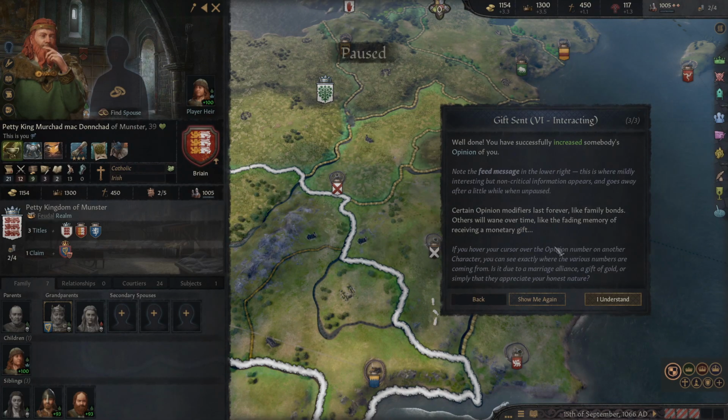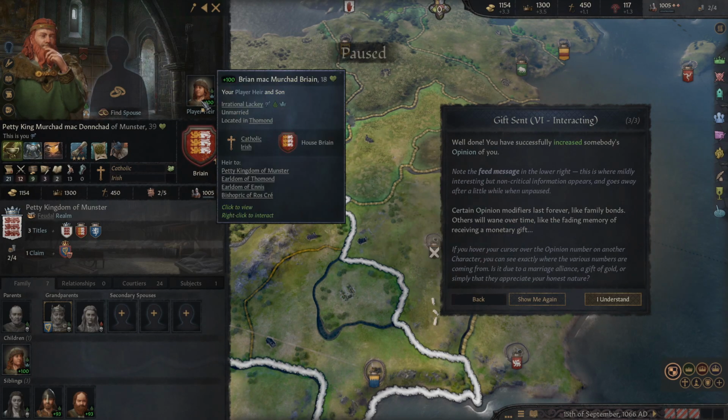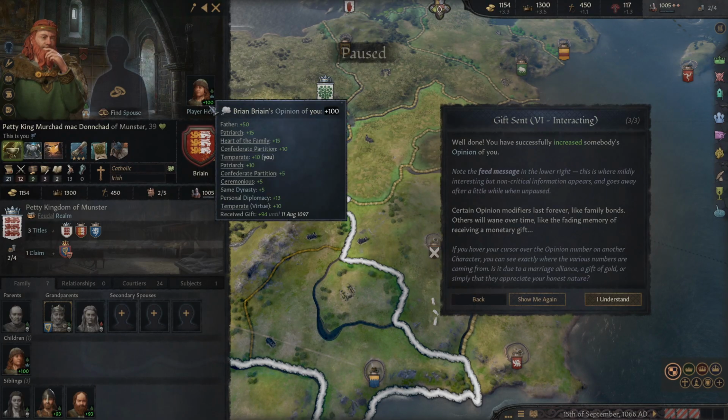If you hover your cursor over the opinion number on another character, you can see exactly where the various numbers are coming from. Is it due to a marriage alliance, 50 gold, or simply that they appreciate your honest nature? I can see where they're... If you hover your cursor over the opinion number. Ah, there we go. So, plus 50 because of father, plus 15 because of patriarch, plus 15 because of head of family,